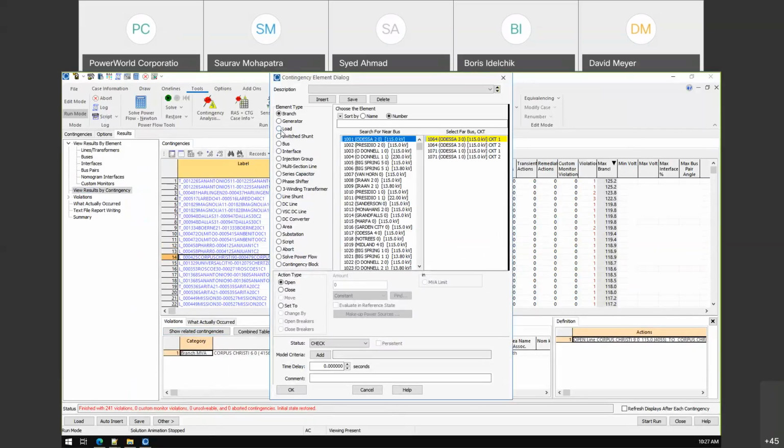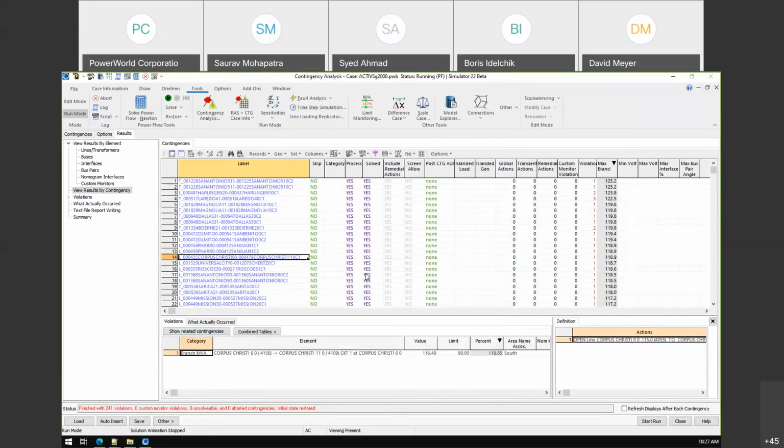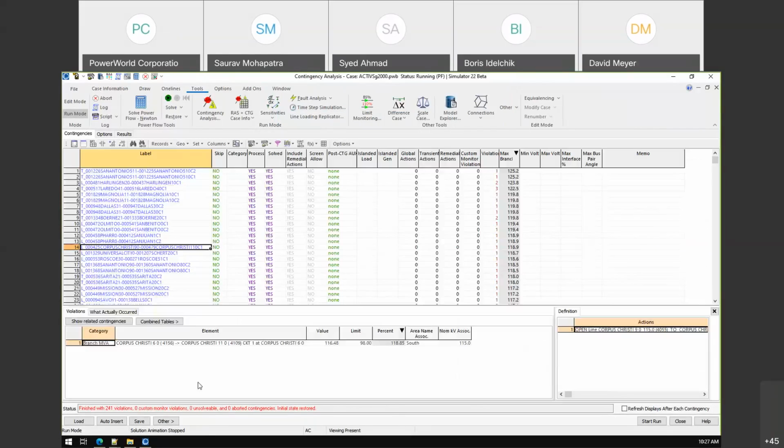there is now, which is also defined. Oh, I'm looking at the wrong folder. What I meant to actually show you was in the auto insert tab. So what I just showed you was to insert a single contingency, but the feature that I wanted to actually show you is in the auto insert feature here. In the auto insert feature,